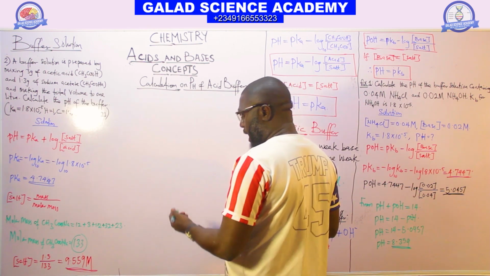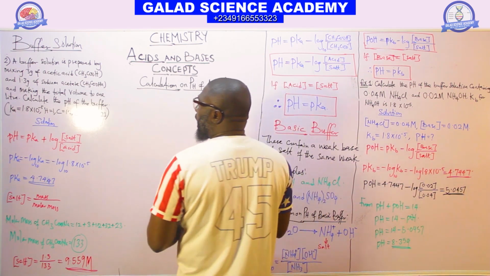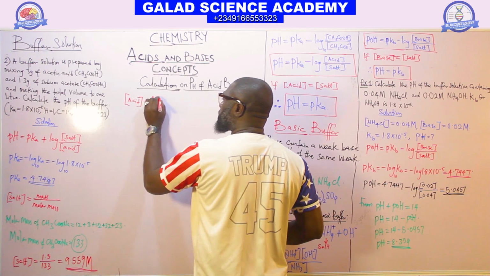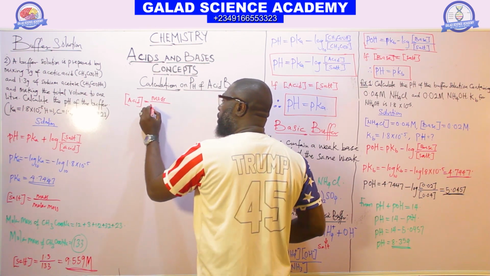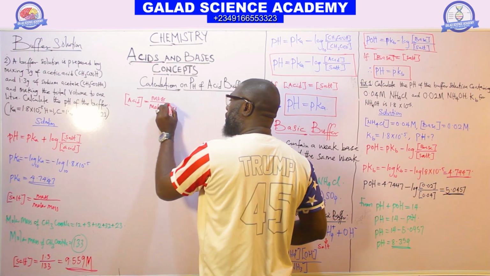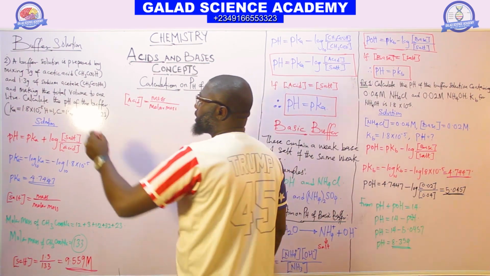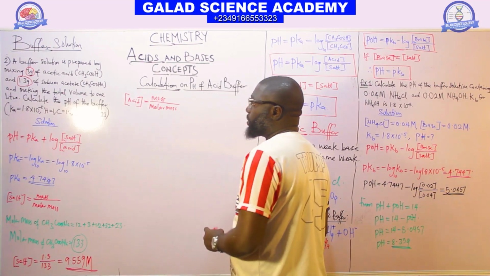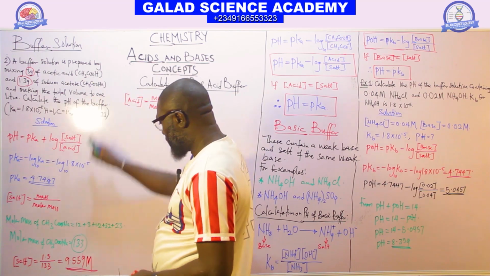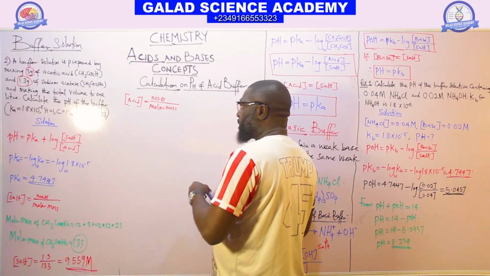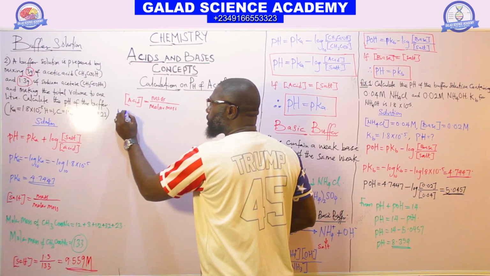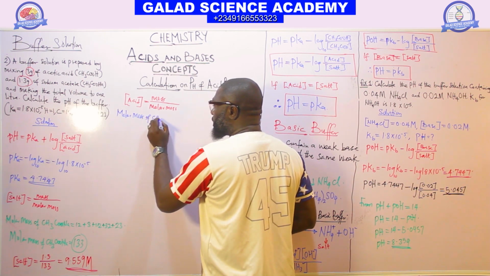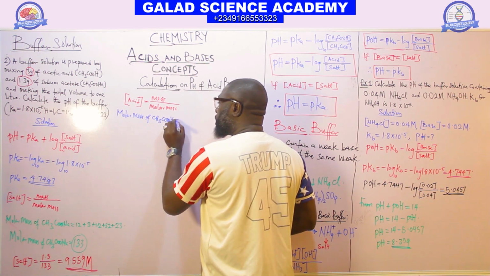And the next one is, let us find that of the acid. To know the acid concentration, it should be the given mass over the molar mass. The given mass for the acid is 3 grams. What is the molar mass for the acid? It is the same approach. The molar mass of CH3COOH will be equal to